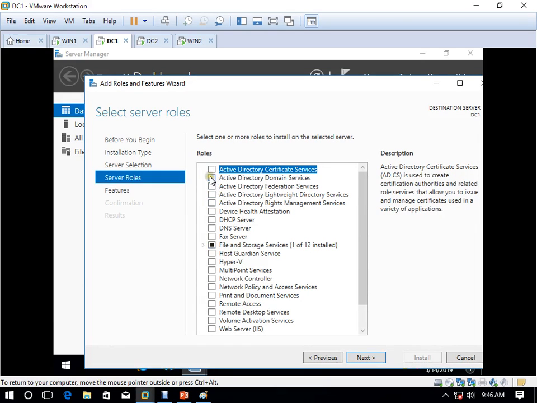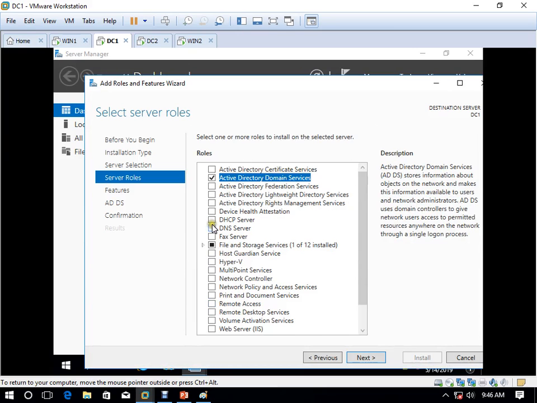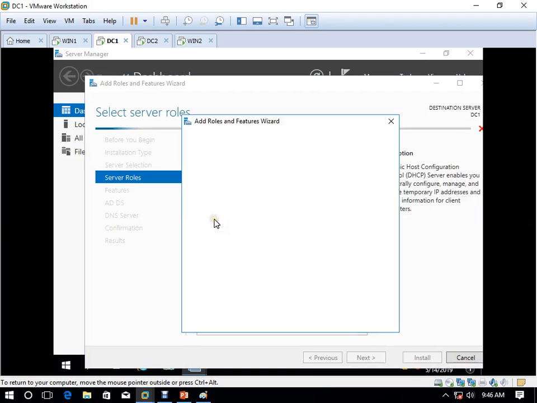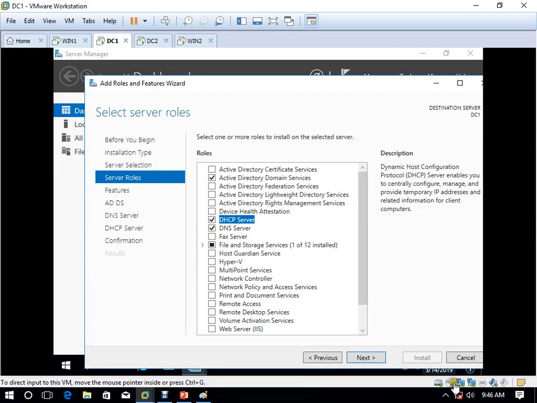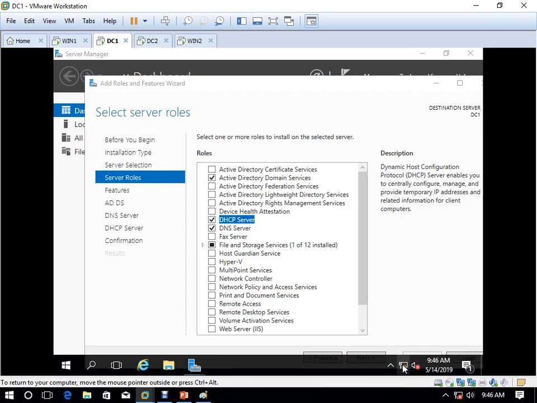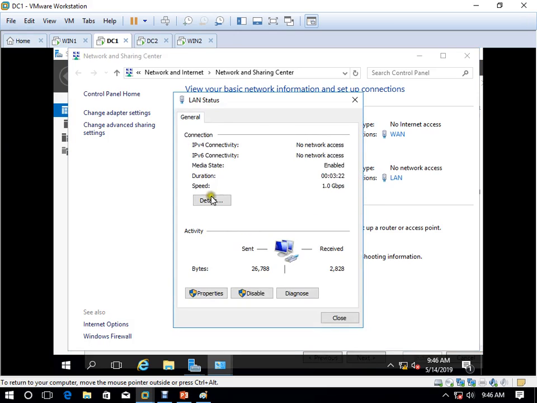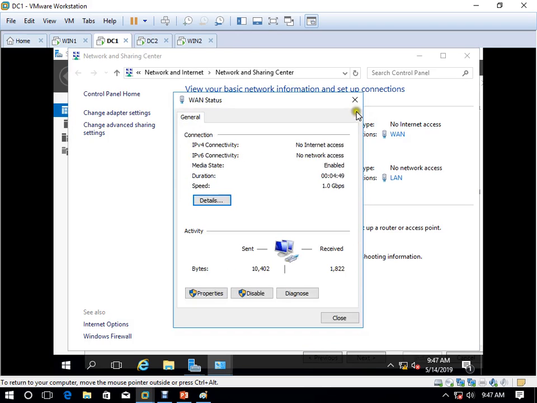So here we have to install Active Directory Domain Services. For proper DHCP authentication, we need DNS, and we have to add it. Okay, there is no static IP address found. Why? Let's see why we are getting this error for the DHCP static. Okay, I don't know why. We have to verify why we are getting this message. LAN, yes, 10.1, fine. It's okay, no problem.